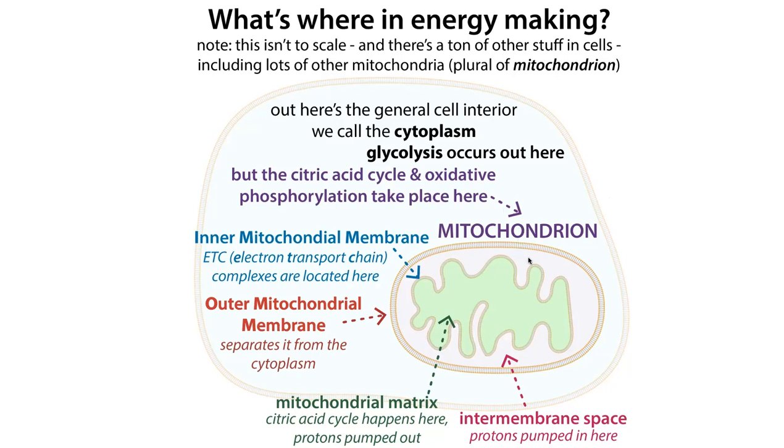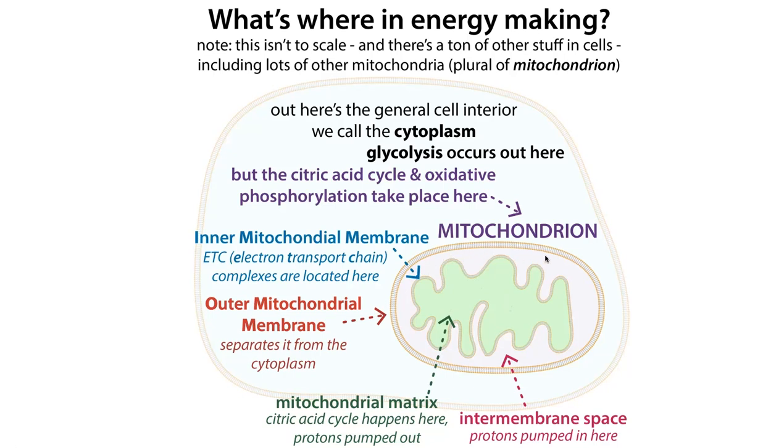So remember that our mitochondria basically came from an early cell swallowing a bacteria or similar prokaryote, and therefore they have two membranes. So you've got this room within the room within your cell. This inner mitochondrial membrane is going to surround the inner room, this mitochondrial matrix, which is where our citric acid cycle was happening. The stuff that we're talking about today is mostly going to be taking place in this inner mitochondrial membrane, as well as some of it in the matrix and some of it in this outer room,